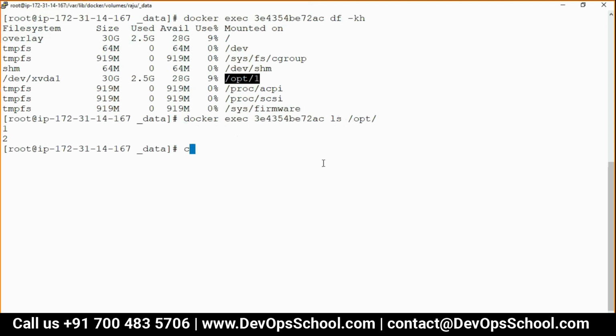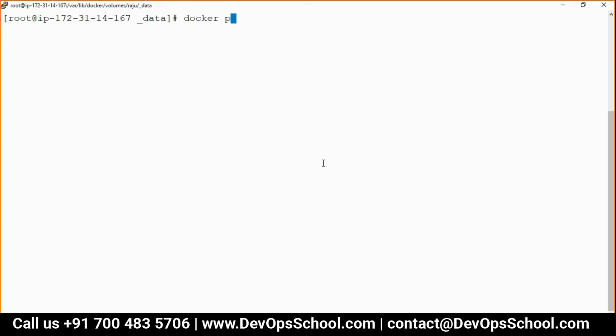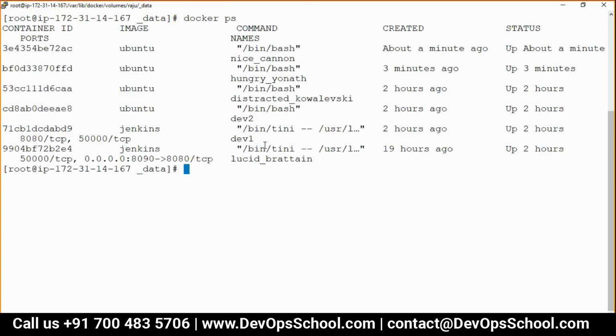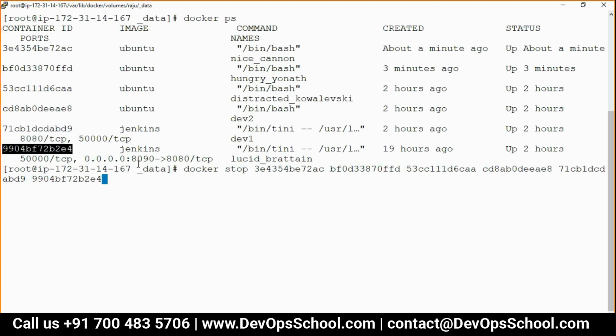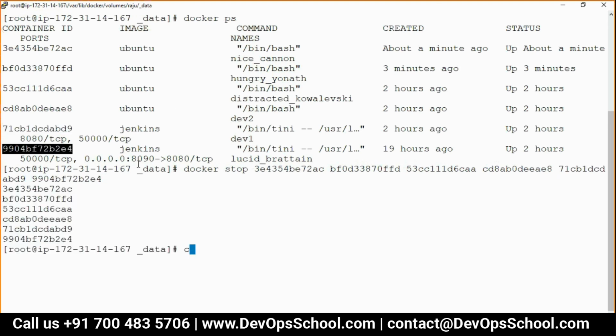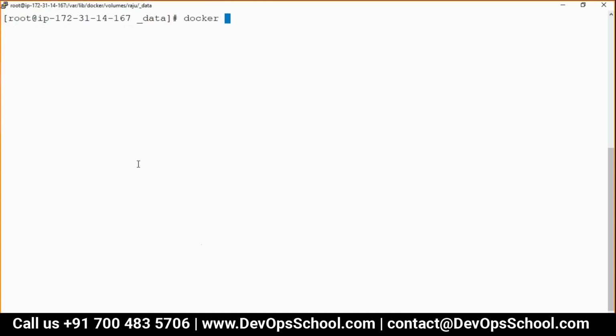Now the important thing is, what if I delete the containers, will my Raja and Ram volumes get deleted? Let's check it out. I don't know. We'll come to know ourselves. Try it out. In the Docker world, the container world, everything takes just a matter of seconds, milliseconds. By the way, stop all the containers because I don't need them.